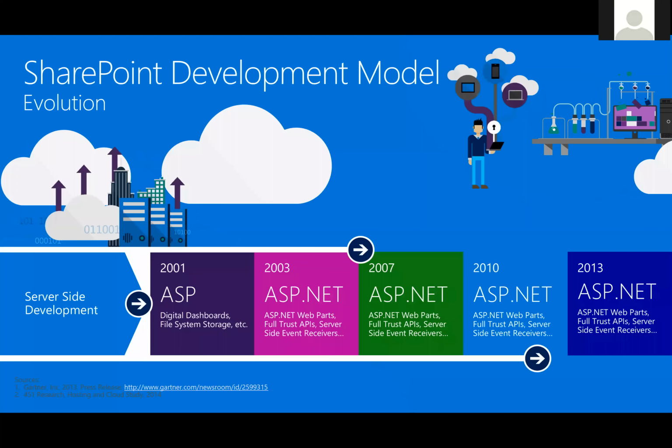And at that particular time, what we introduced was full trust code, the ability for you to instrument the server OM to facilitate customization and to extend the core SharePoint experiences that we delivered at that particular point in time. As we moved into 2004, we introduced our first cloud offering of SharePoint, Exchange, and Skype as Microsoft managed solutions. So we really started our cloud journey with SharePoint pretty early, and a lot of people are probably not familiar